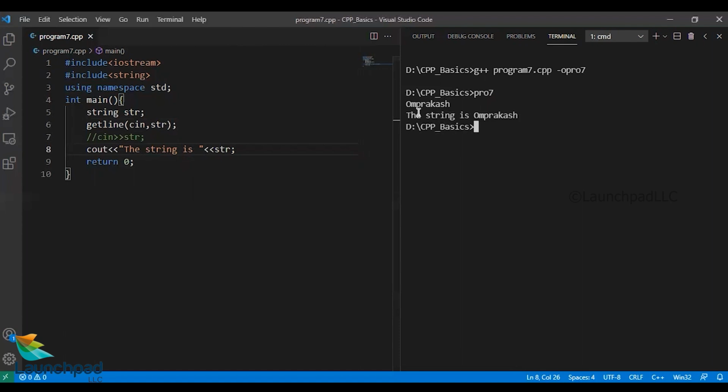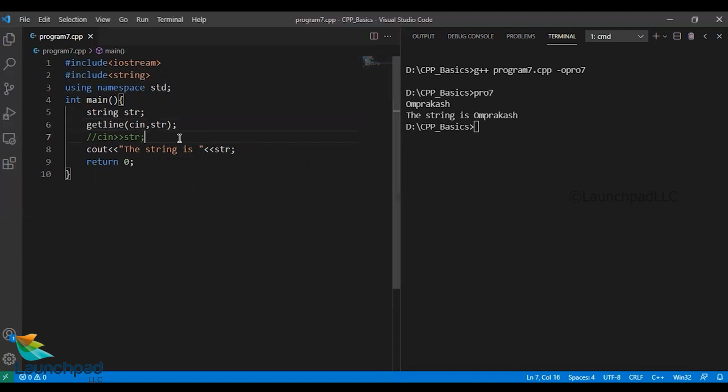And this works the same way as it worked in a previous case, where I used cin statements to read the input. And here, this time I'm using the getline function to read inputs. And this is one way of reading string inputs to the string class objects. Now let's quickly have a look at the other functions in string classes.